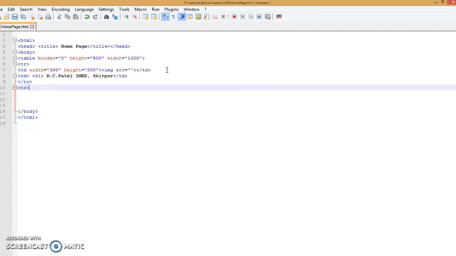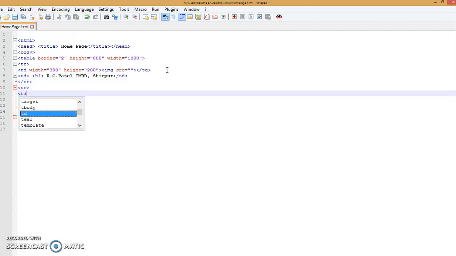And second tr, in this tr we enter the particular menu bar. We are creating the menu bar. tr, colspan is equal to 2. Width or height is equal to, suppose, 50,